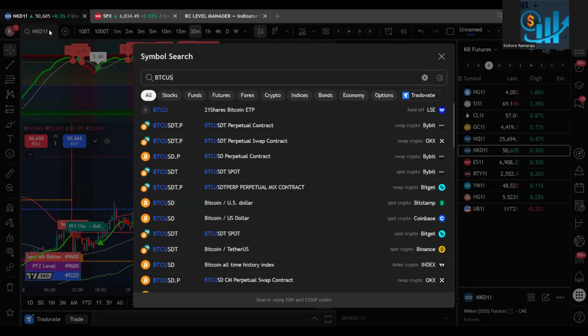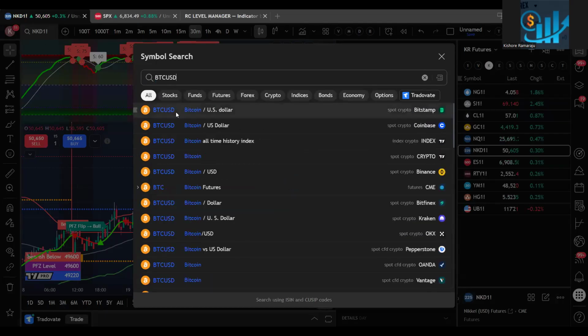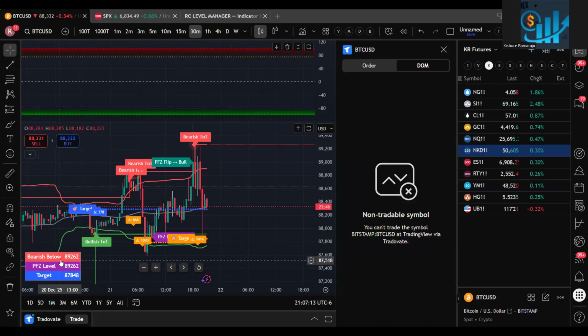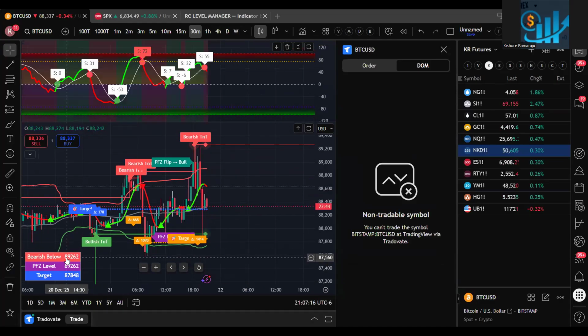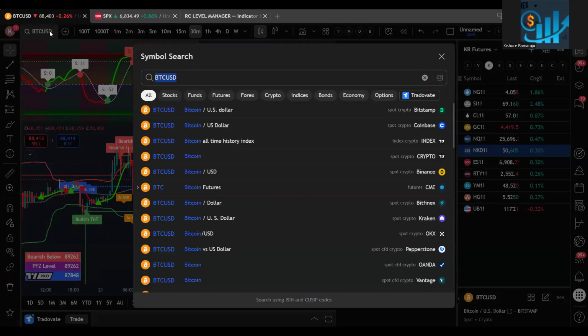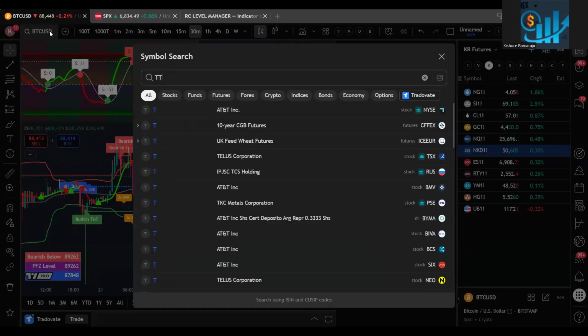Let us take BTC USD. So you got a bearish Tag and Turn. It is telling it is bearish below 89,062. It will drop until 87,848. So whenever Bitcoin goes below 89,062, you can make nearly $2,000 on it. It will drop all the way to the bottom. Right? For example,